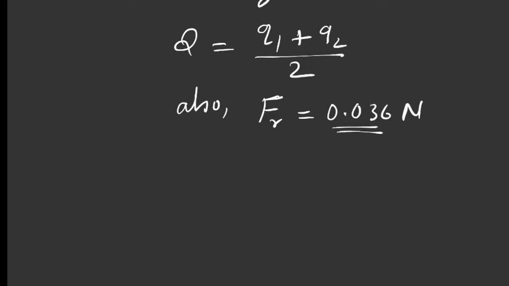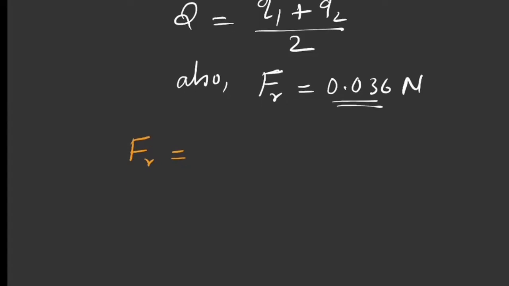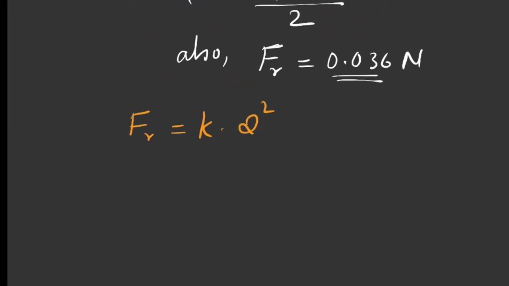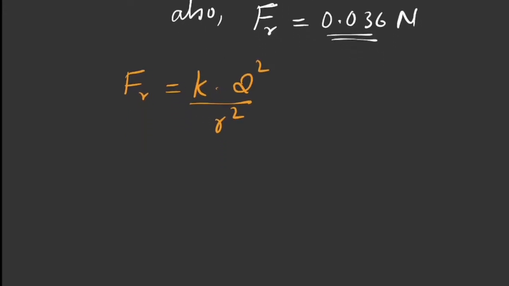And now let us calculate the force of repulsion. How do you calculate the repulsive force between the two charges in the second situation? In the second situation, K is a constant, that is 1 divided by 4 pi epsilon naught, K into Q square. Now see, when you connect the copper wire, each sphere has the same charge Q. And what is the formula of Coulomb's law? Q1 Q2, now each charge is Q, so Q square divided by R square. So this is the formula for the second situation, isn't it?